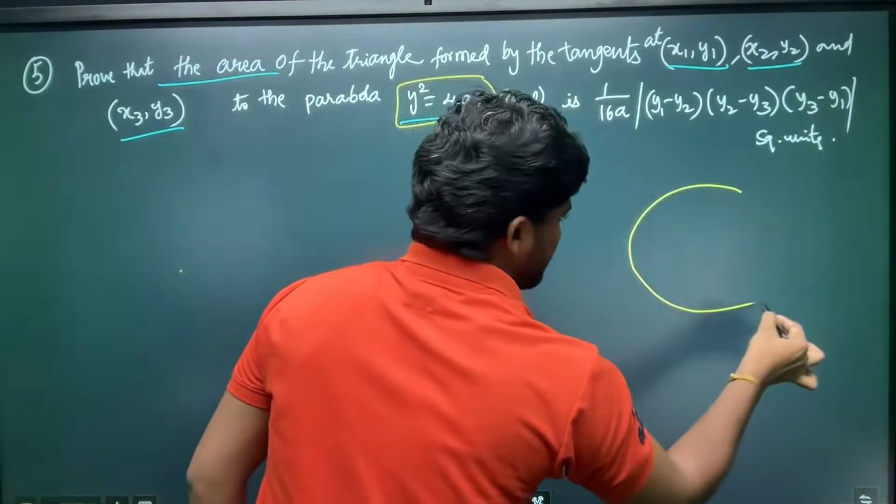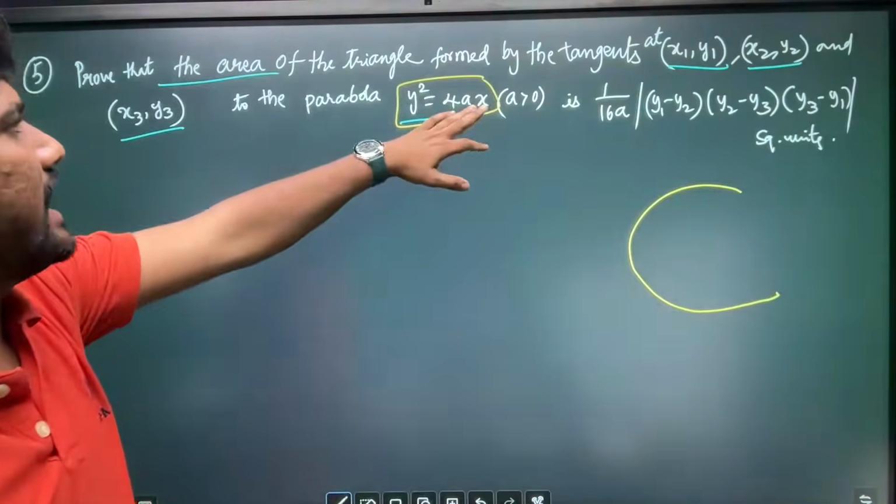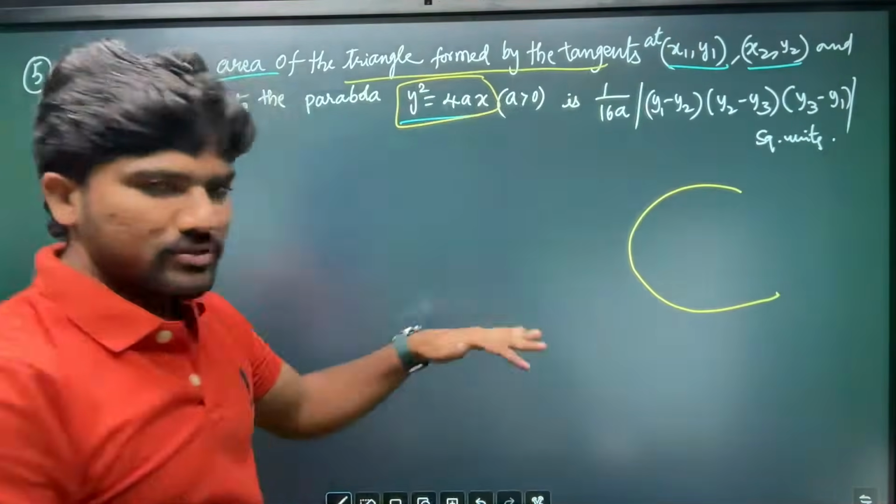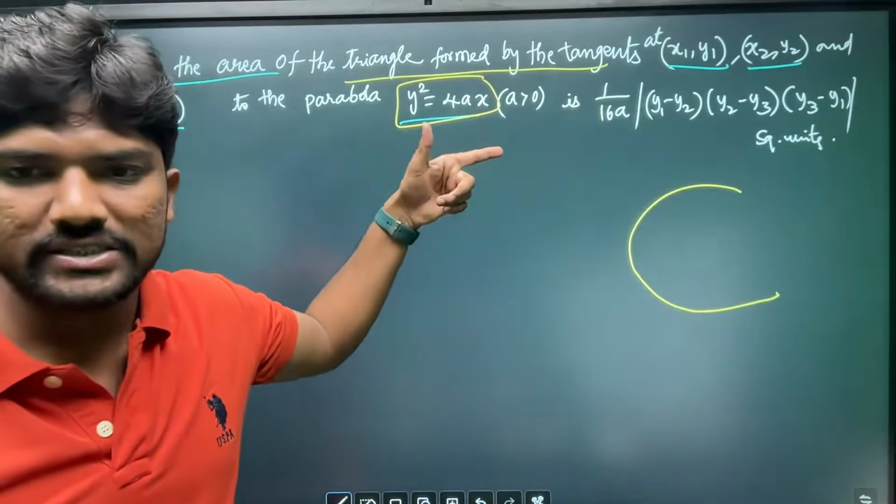Standard parabola equation means this will be like this. Okay, so now what they are saying, triangle formed by the tangents. Now the difference between the previous problem and this problem is